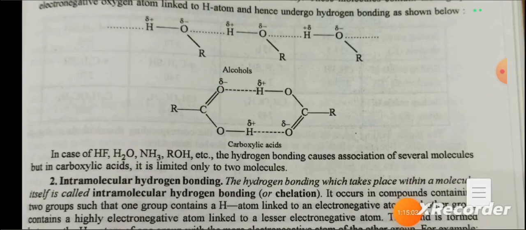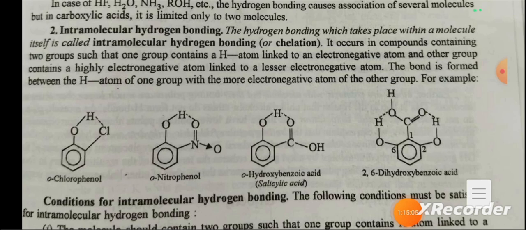Intramolecular hydrogen bonding. The hydrogen bonding which takes place within the molecule itself is called intramolecular hydrogen bonding. It occurs in compounds containing two groups such that one group contains an H atom linked to an electronegative atom and the other group contains a highly electronegative atom linked to a less electronegative atom. The bond is formed between the H atom and the electronegative atom of the other group. For example,